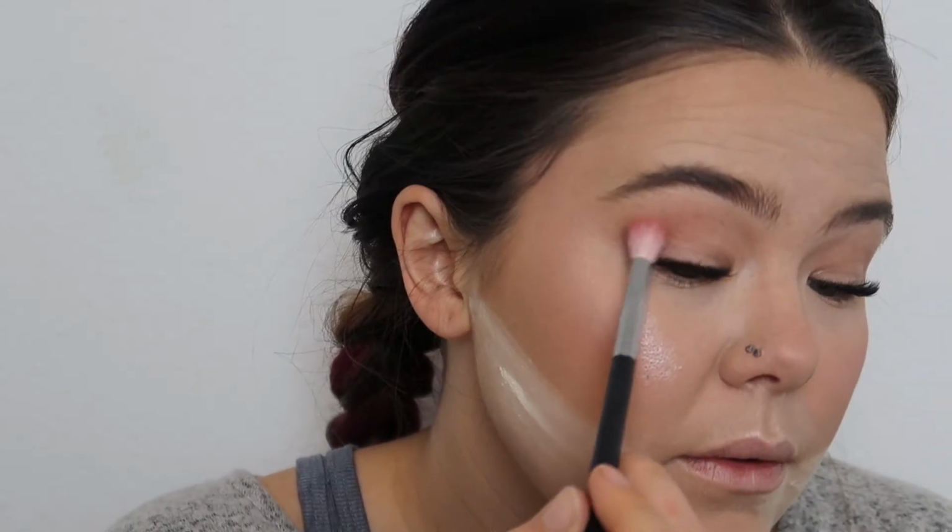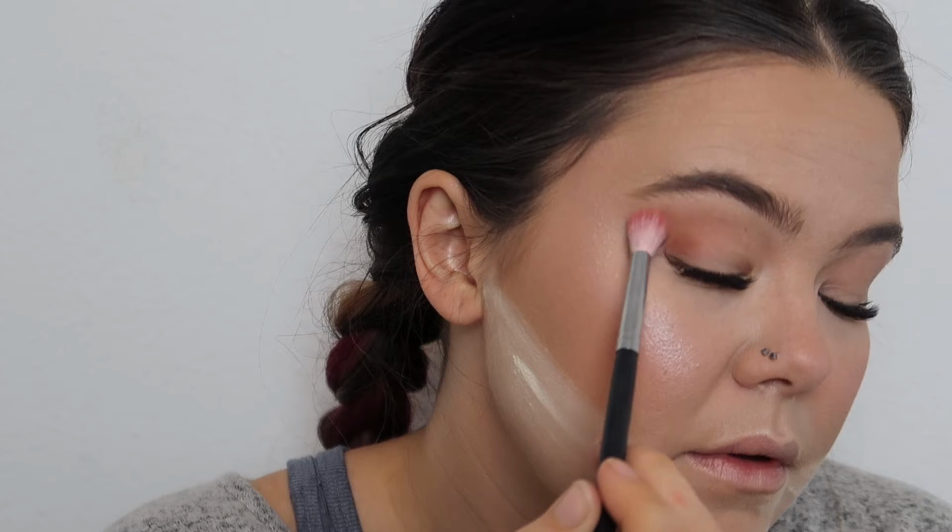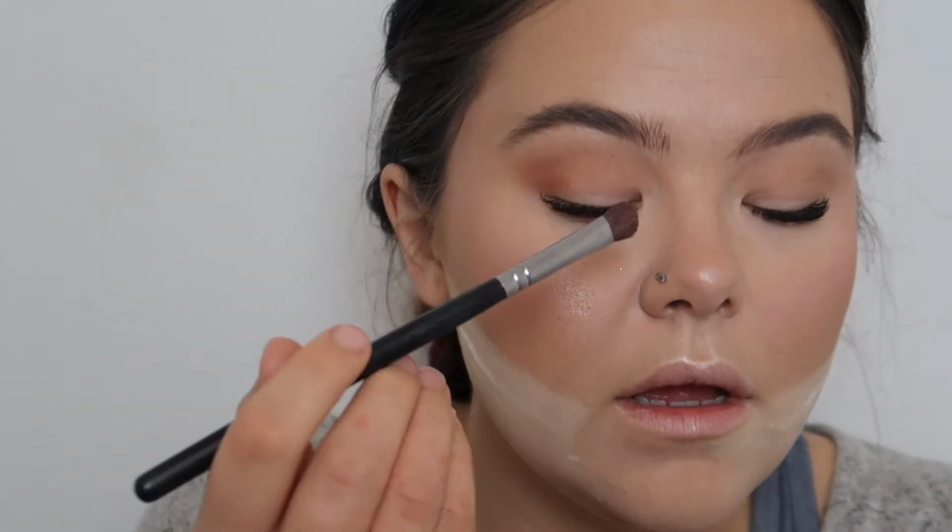I'm gonna start with Tanacon as like a transition shade. Okay, so I just used Diet Root Beer. I'm going with Not a Fact, which is just such a beautiful, deep color. And I'm just gonna